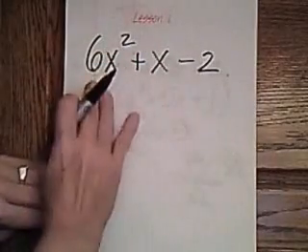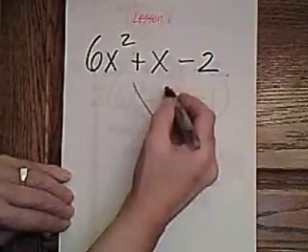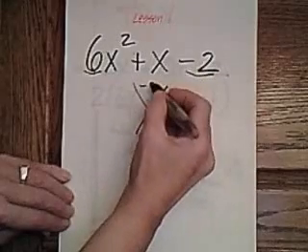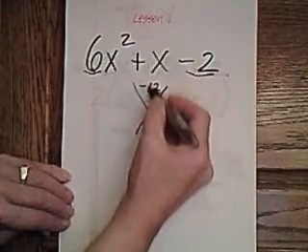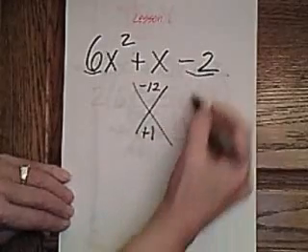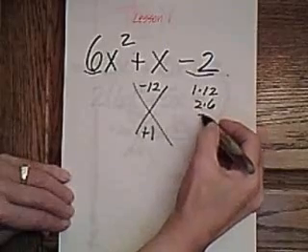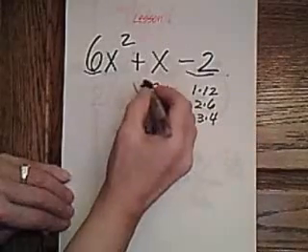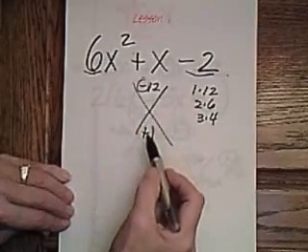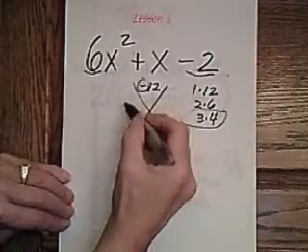Okay, here's another one. No reducing needs to be done here, so we'll just start our x. Okay, the top is 6 times negative 2. And the bottom, the coefficient, is a positive 1. The factors of 12. Which factors that when you subtract give you 1? And it would be these 2 here. And I'm just going to put them backwards,